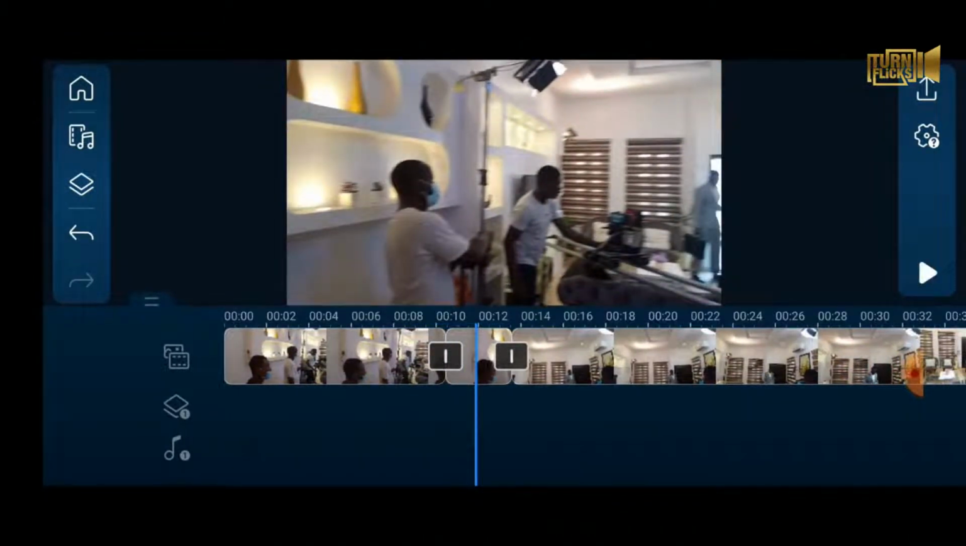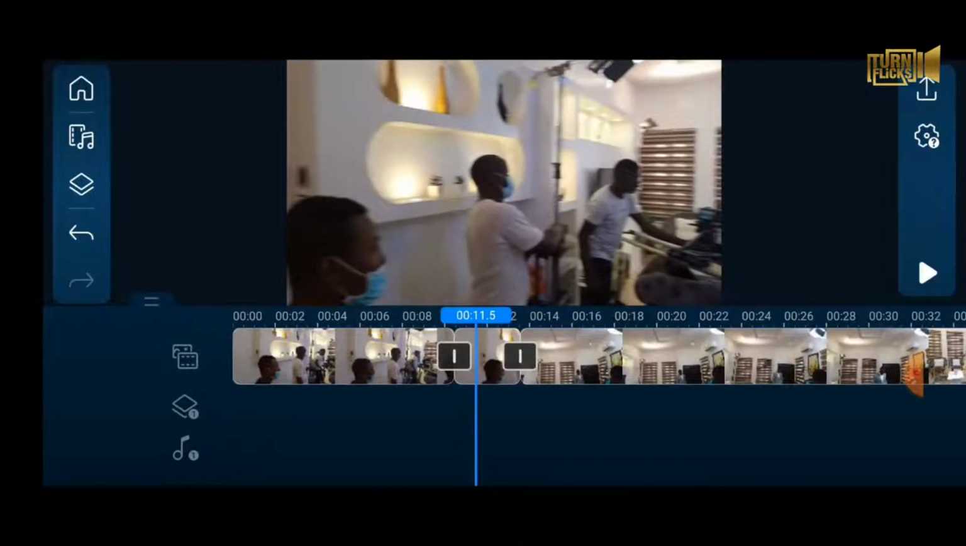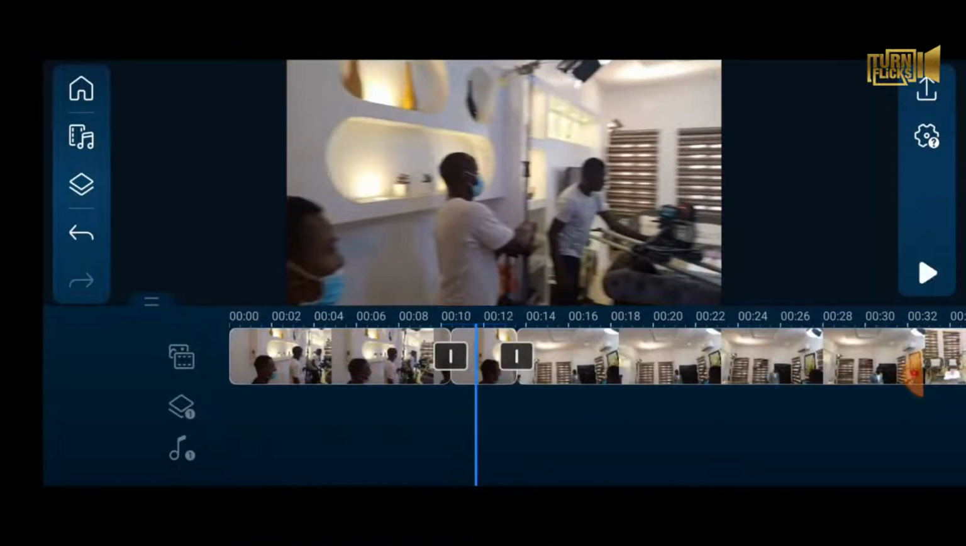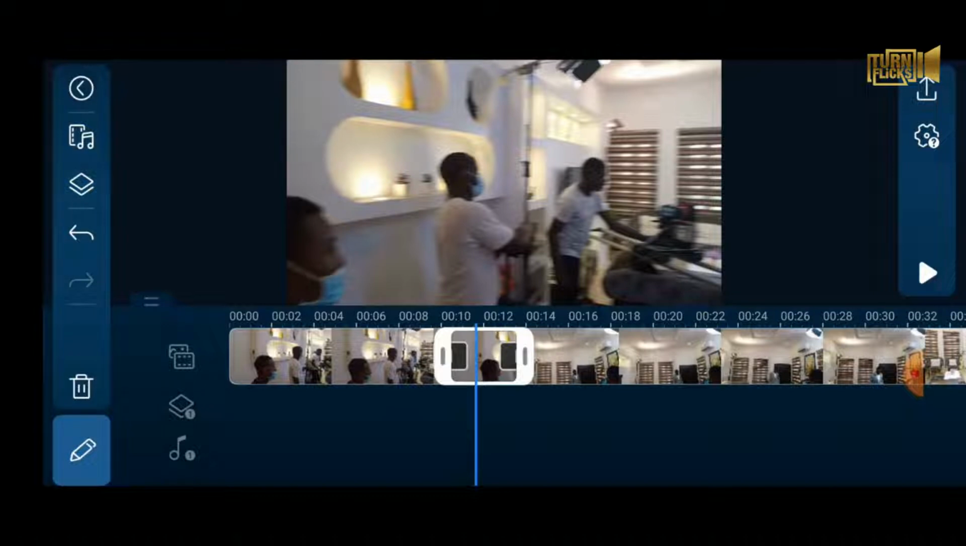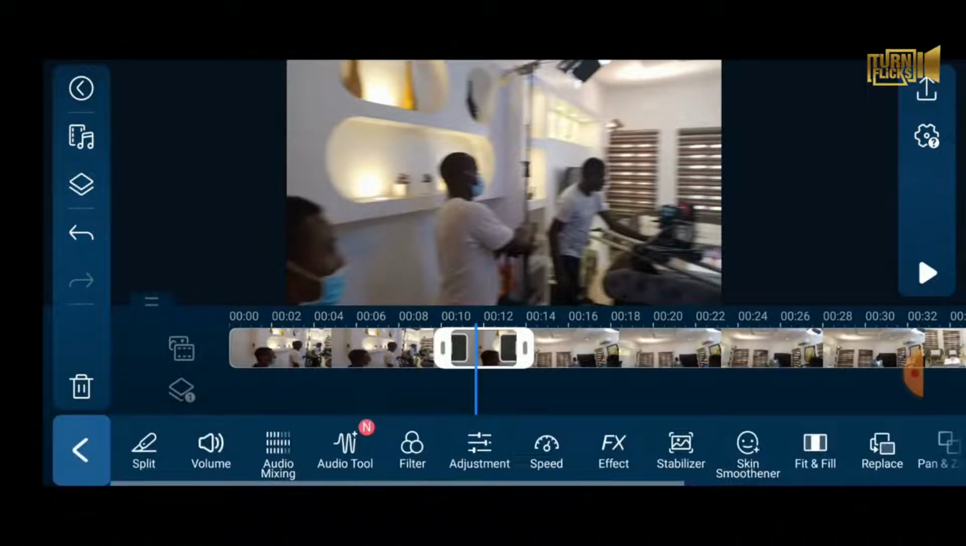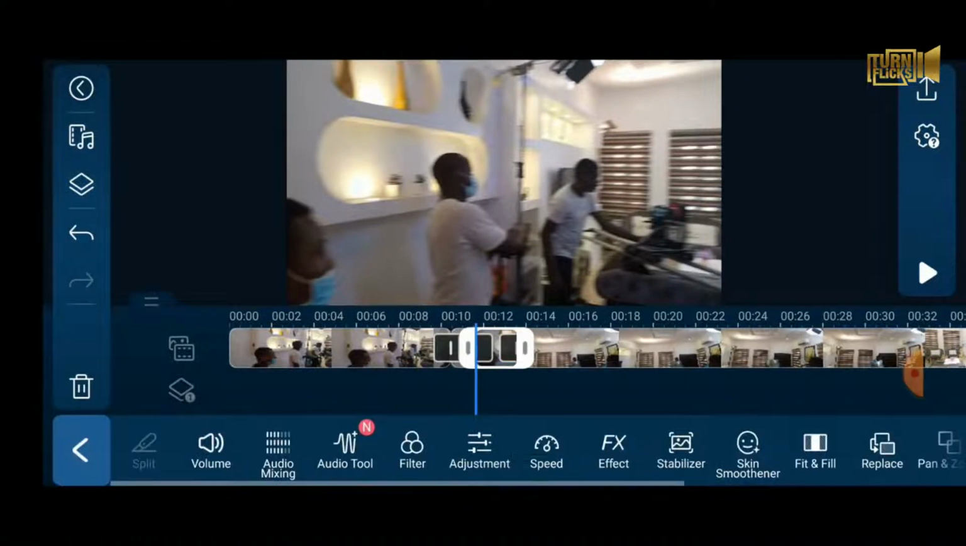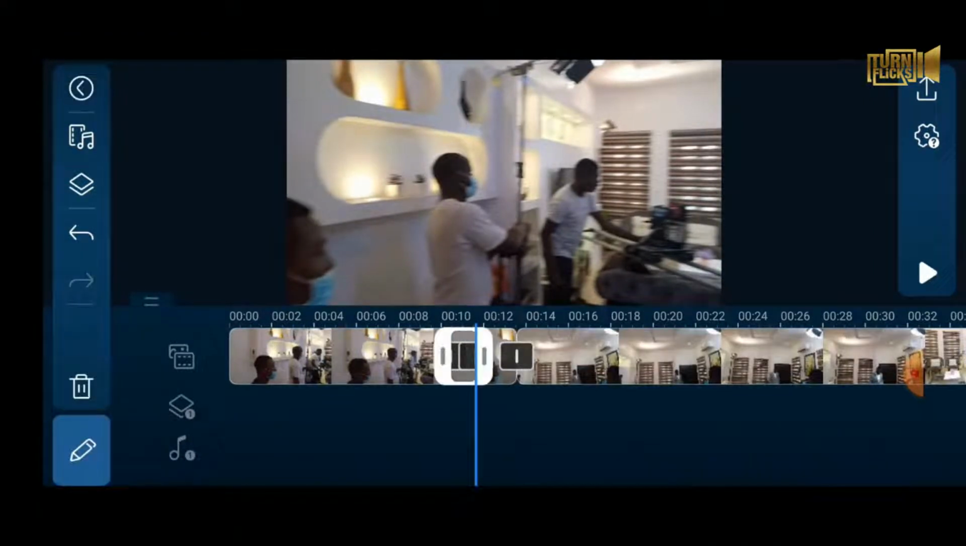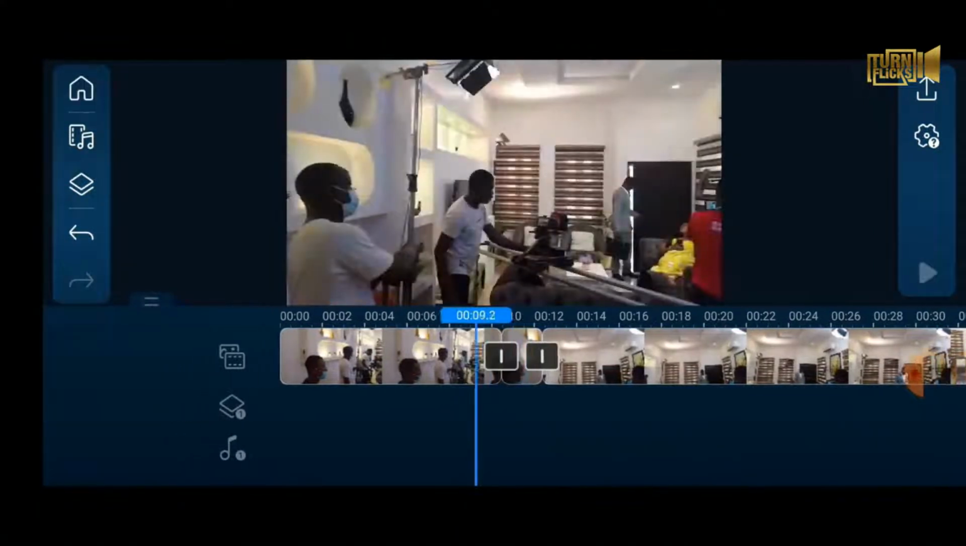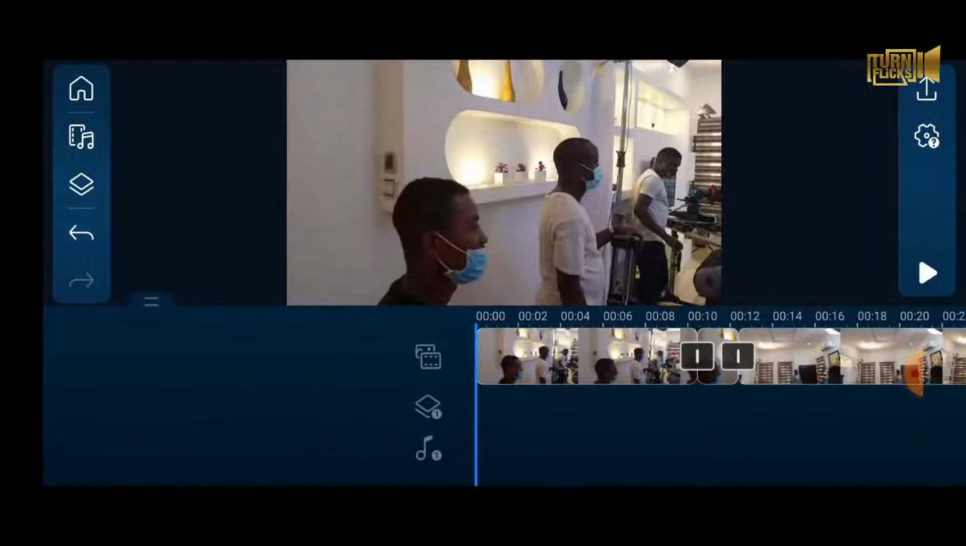So I'll cut. I want to fine tune it again because I don't really need my face. I'll cut once the camera is panning away. Remember, click on the clip, your pen icon, split, and then click it, basket it. So if we play again,